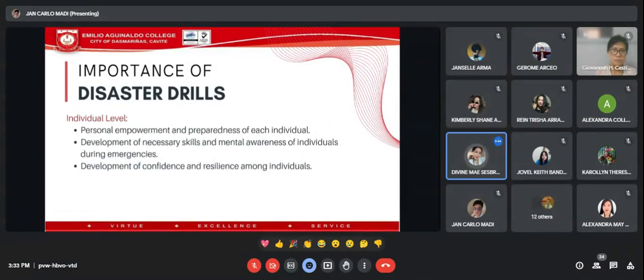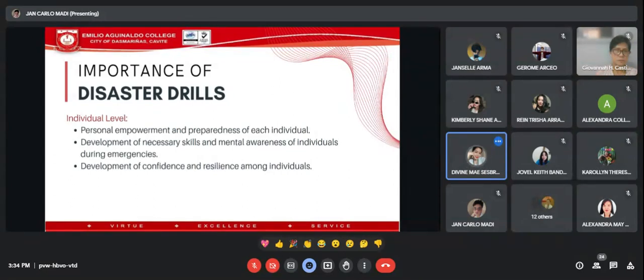So dito kasi, sa disaster drills kasi, na-expose natin yung mga individuals sa mga simulated emergency scenarios po, which allows them to practice yung mga specific skills nila na required for responding sa mga various disasters tulad ng mga lindol, sunog, bagyo, and sa mga baha. So, yung pagkakaroon ng